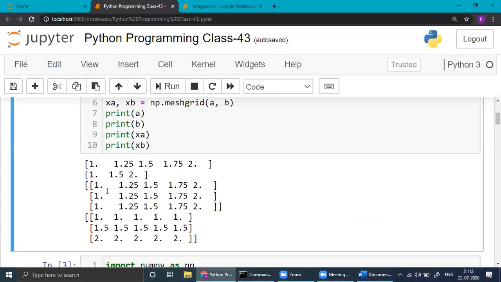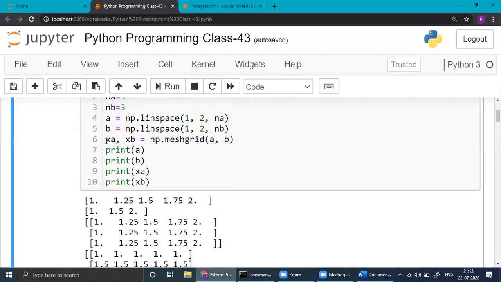Now see here, 1 to 2, 5 numbers we had, we have repeated this way. And here column wise, we have repeated. So this is the work here. Input and output. Input already you know, whatever function you want to use, not necessarily linspace. We want numbers as inputs and then two things you will get. If you input 1, 2, 3, 1, 2, 3 here, then you will get it this way. Now it depends how many numbers you are sending.